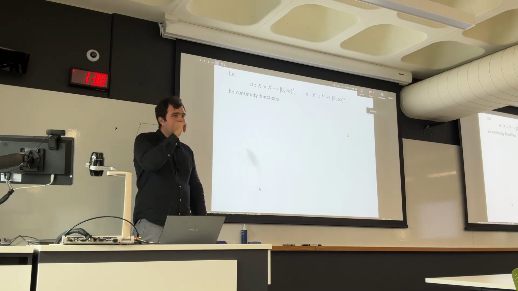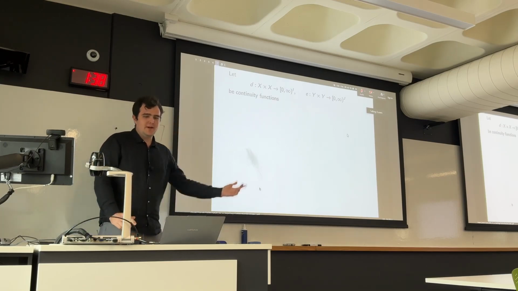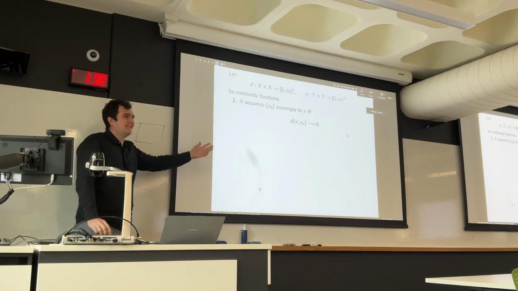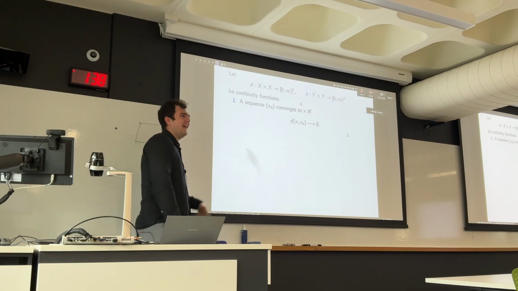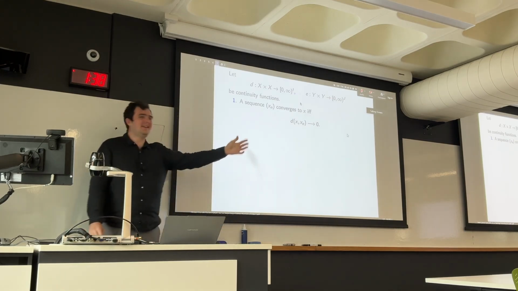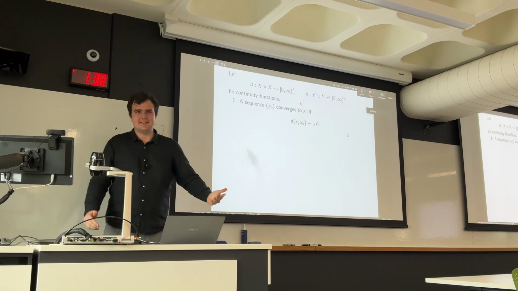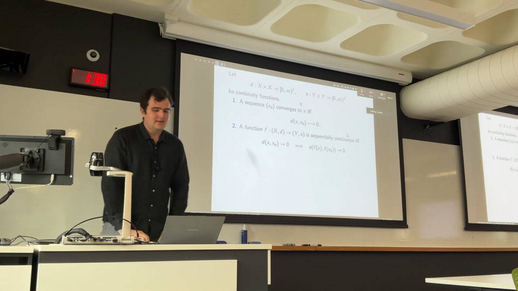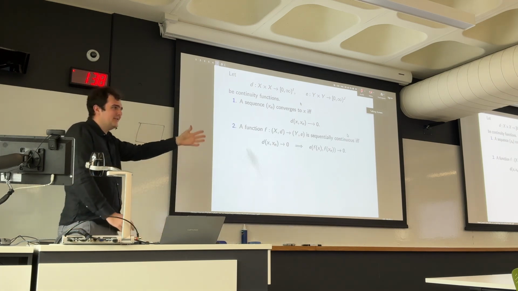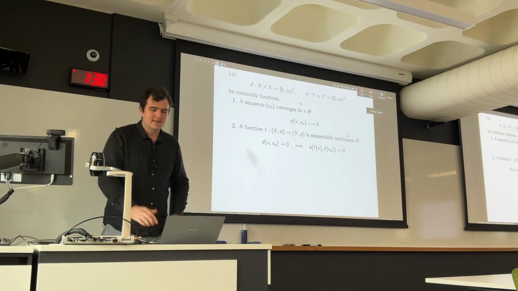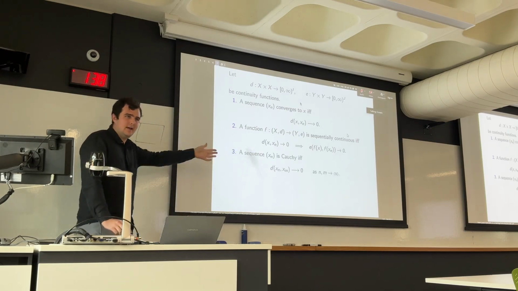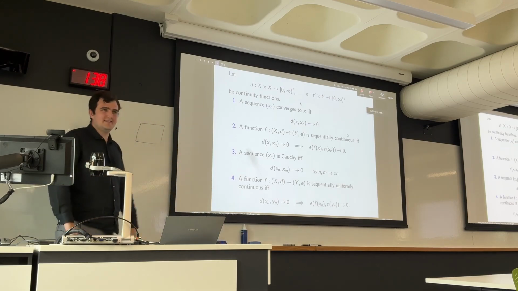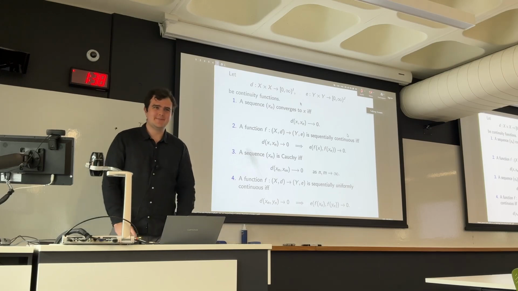Good. So now that we have these, you have a nice notion that you put the product topology on the codomain, and everything from metrics sort of comes back. A sequence converges to x if and only if the distance between it and x goes to 0. There's no need from the previous construction to index over all metrics. You're sequentially continuous if d of x and xn goes to 0, then e of f of x and f of xn goes to 0. The same construction as always. Cauchy is Cauchy, and sequentially uniformly continuous is exactly as it always is, which is quite nice.